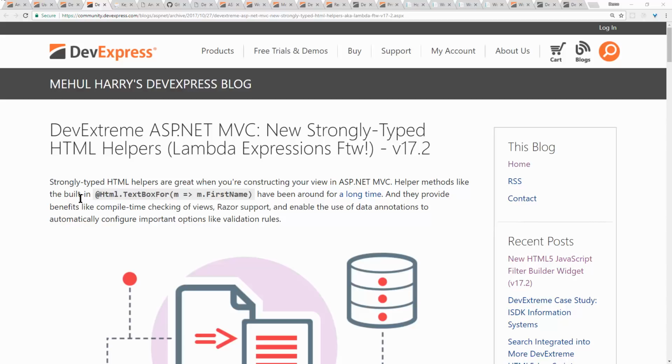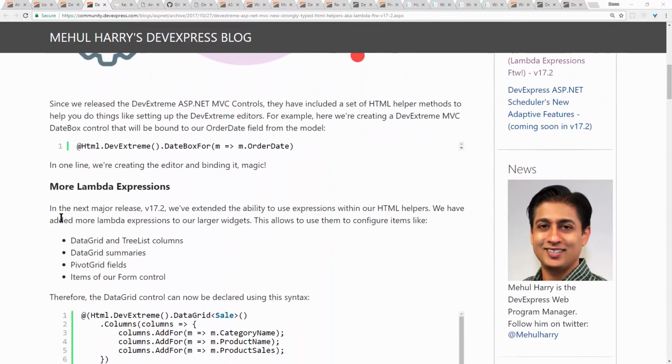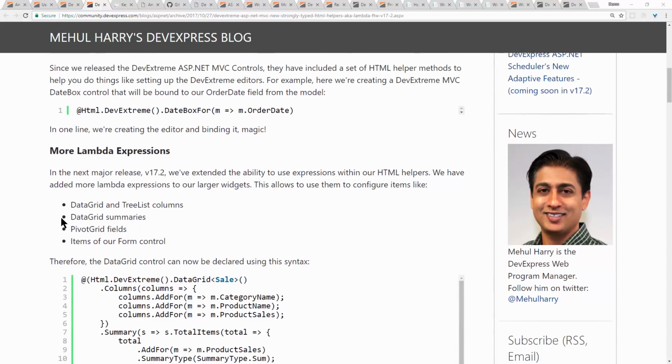So in 17.2, we are extending some of the Lambda expressions in our HTML helpers to make them even better. So you will now have strongly typed HTML helpers in more scenarios, and it also enables new scenarios. So what do Lambda expressions allow you to do? First of all,